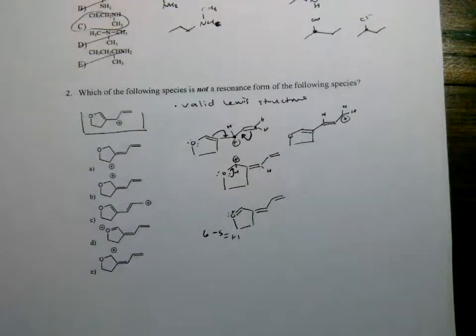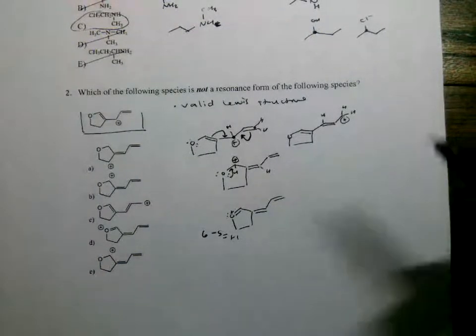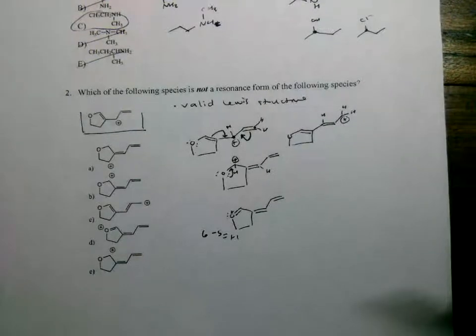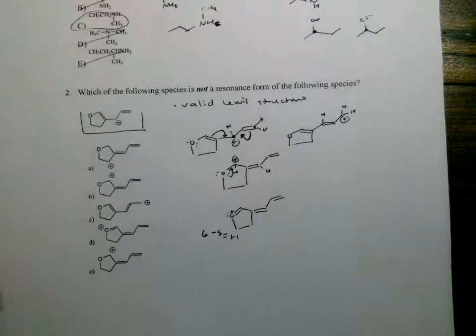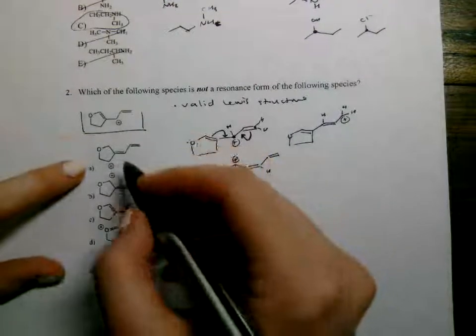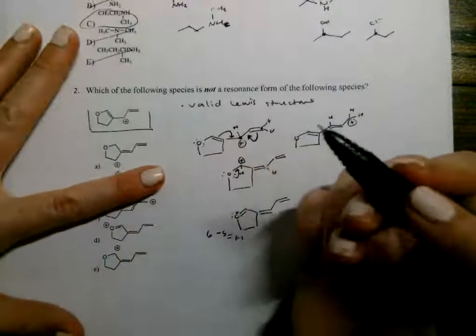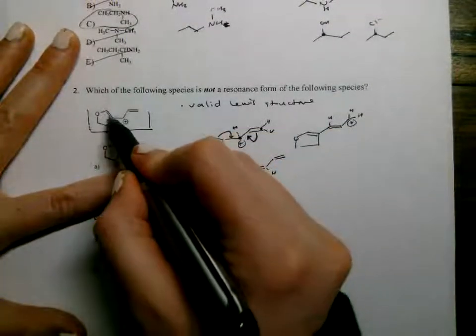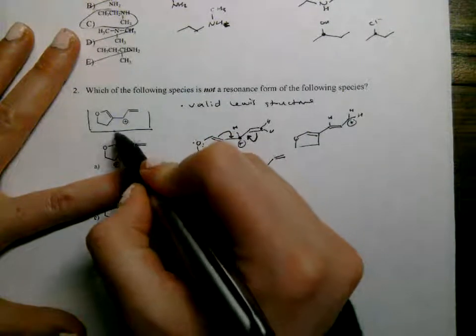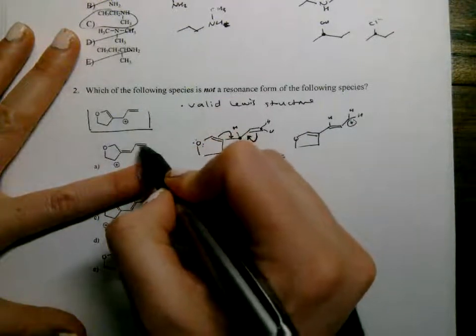Now, in the effort of saving time on an exam, if you're not very good at resonance structures, if you don't want to go through all of these, another option would be to just see if there's anyone that you find out that can stand out as suspicious. So like this first one, answer choice A. I'm looking at this and I see how the lone pair moved to fill in there, and this bond doesn't